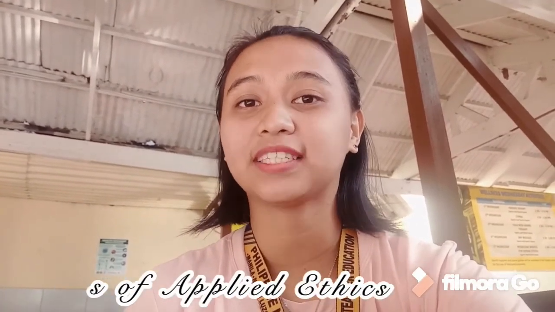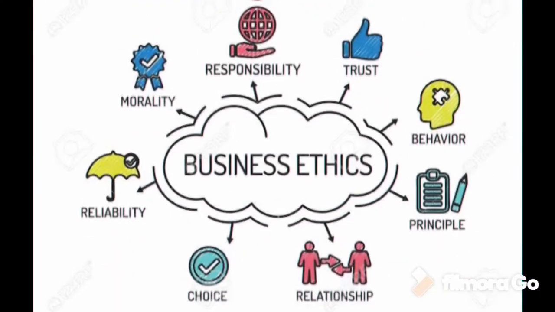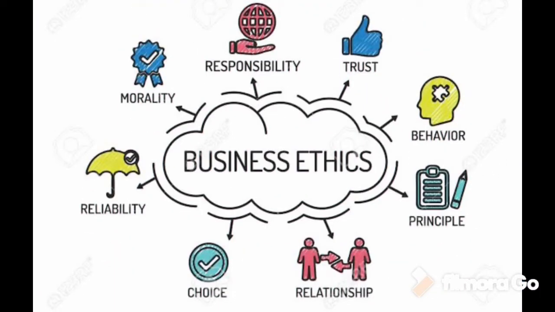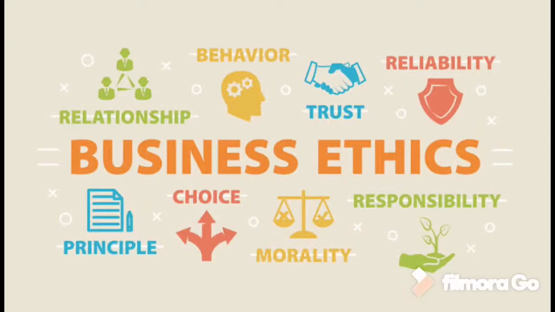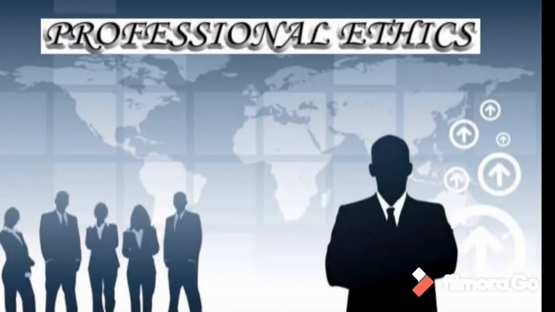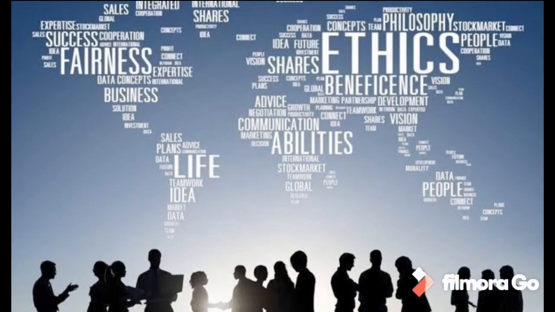Next are the fields of applied ethics according to CompellingTruth.org. Business ethics balance the unwritten responsibilities a business has to its employees and communities with the purpose of business, which is to make money. Professional ethics is similar to business ethics but applies to the individual profession more than to the corporation as a whole. It is you as a professional. Examples of this are attorney-client privilege and doctor-patient confidentiality.